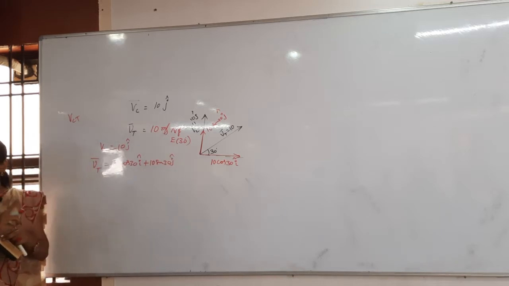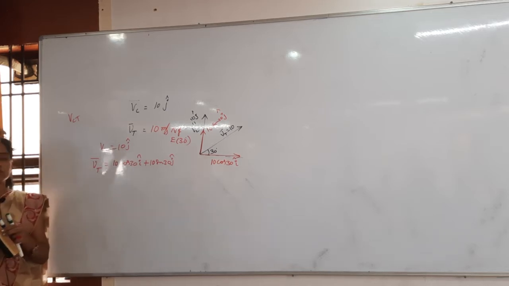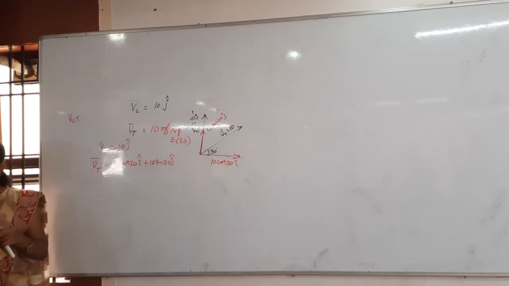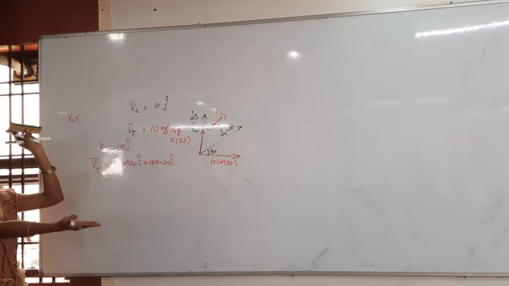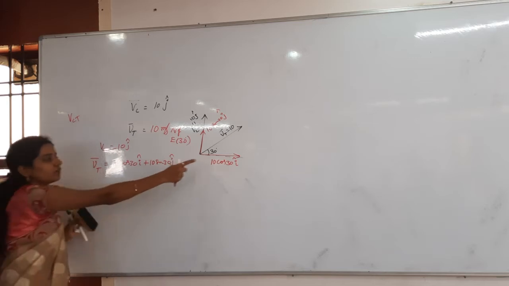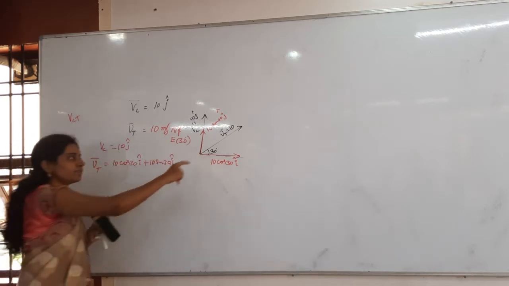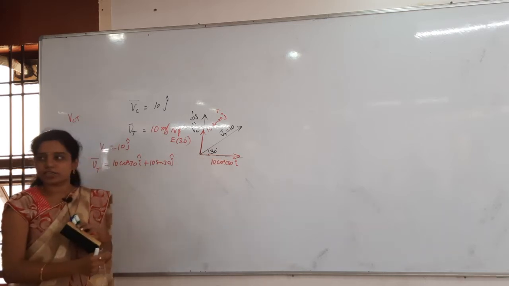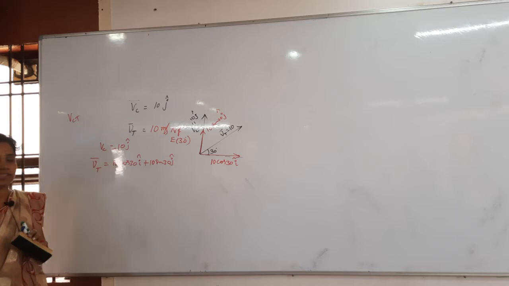That is the velocity of the truck. Why? Because if they give it only along the east direction or north direction, you will get only one value. But here they have given it slantly, which means you have to divide it into components. One of the components is along the east direction, that is how much? 10 cos 30. Why? Because for 30 degrees this is the adjacent side, 10 cos 30. For 30 degrees this is the opposite side, so it is 10 sin 30.